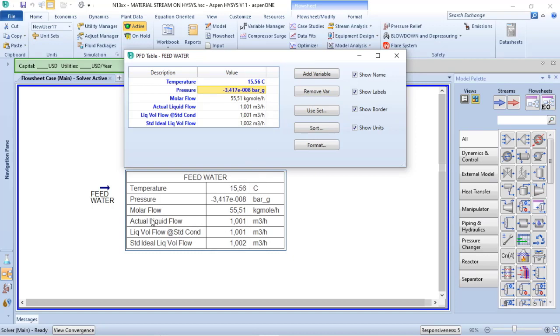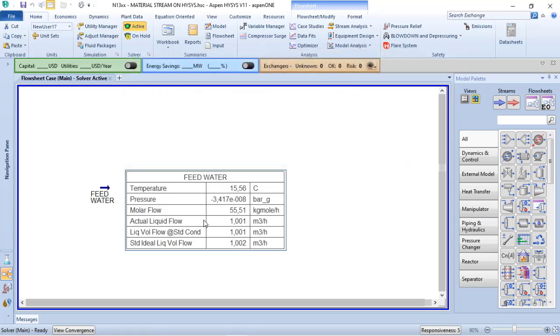When I do that, my actual volume flow matches with liquid volume flow at standard conditions. In this case, Aspen HYSYS gets the mass density as a calculation of the process based on the pressure and temperature at standard condition. But for standard ideal liquid volume flow, the mass density comes from the database of Aspen HYSYS. So eventually, because of rounding, the numbers will not have the same value, and we can